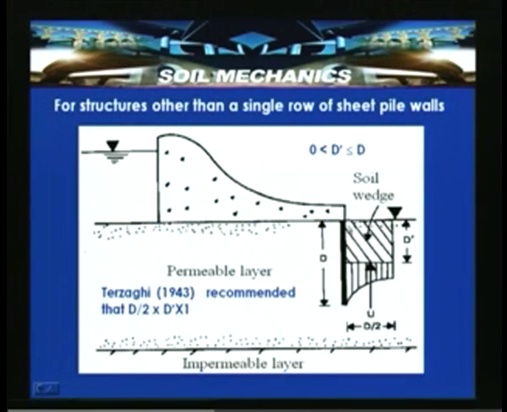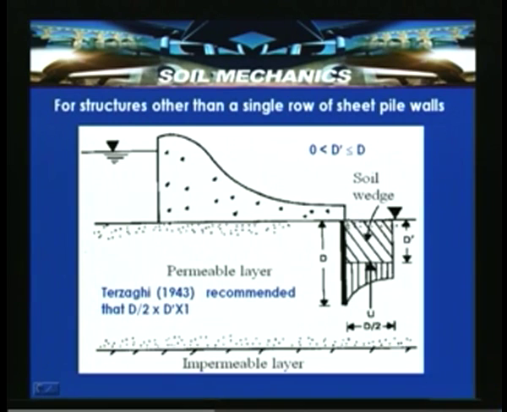These cutoff sheet pile walls exist at the upstream side as well as the downstream side, and particularly for the downstream side they are very important because they increase the factor of safety against heaving or piping failure. Without this, the structure may be prone to heaving or piping failure. So, to prevent any hazard from piping or heaving failures, cutoff sheet pile walls are provided.